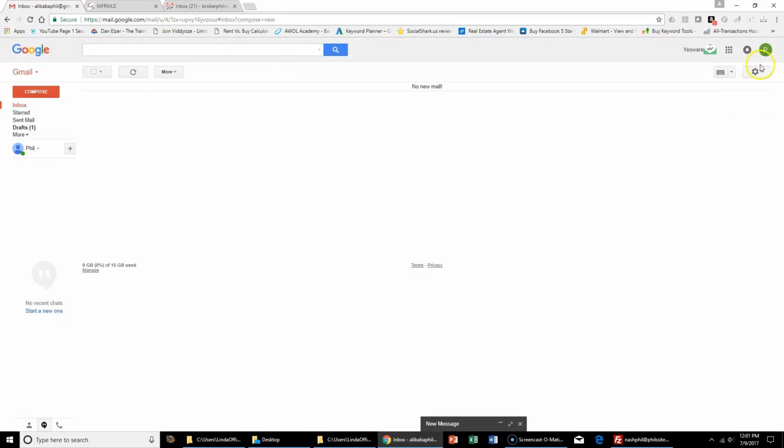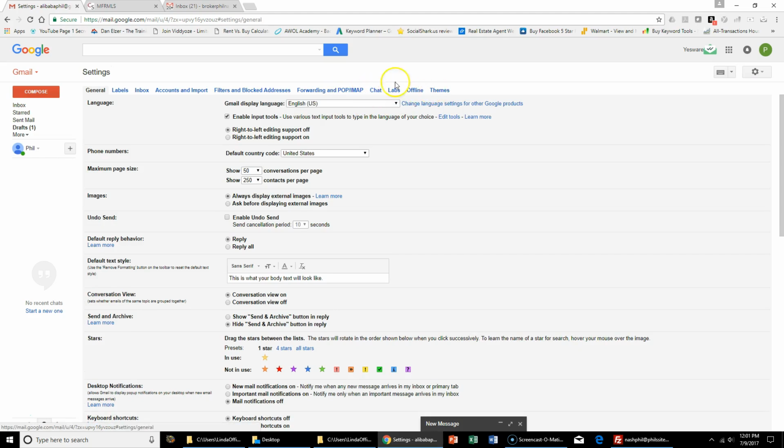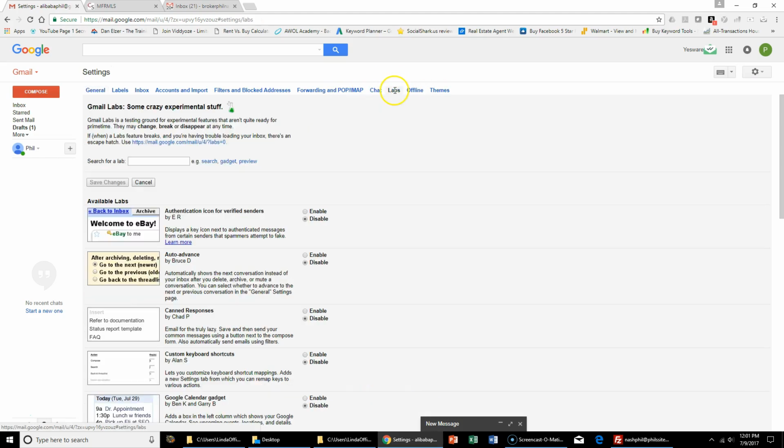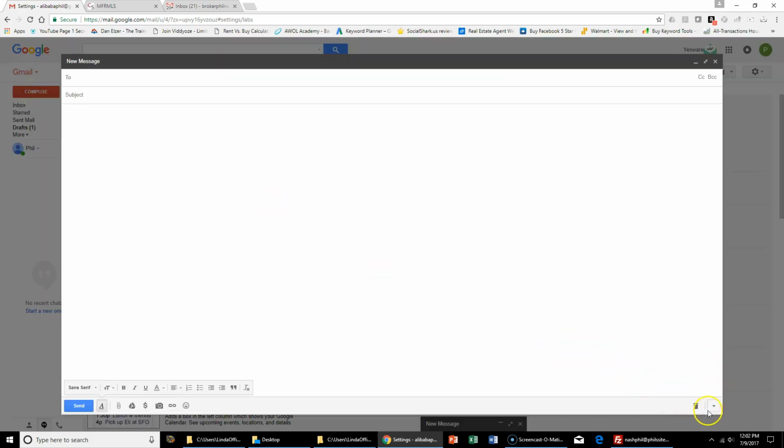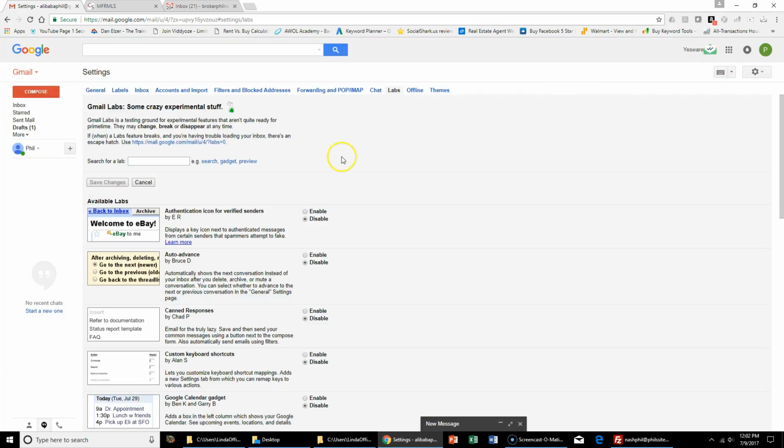What you do is go to this little gear wheel and go to settings, then go over to the labs icon at the top here, and then you'll see the third one down. It says canned responses. At the moment it's disabled, and normally where you would see this is down here in the corner, but as you can see we don't have canned responses there right now. So I just click on enable and then I save the changes,